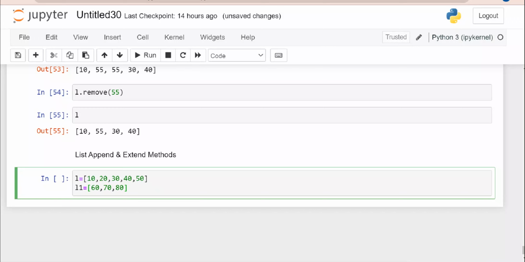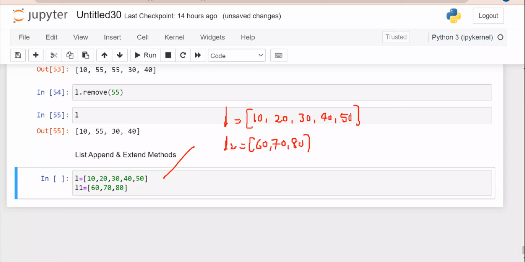Now I want to append the list L1 into the list L. This list L is 10, 20, 30, 40, 50. What is the other list? 60, 70, 80. So now if you want to append this list to L,